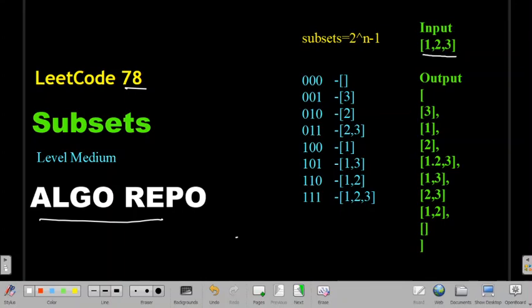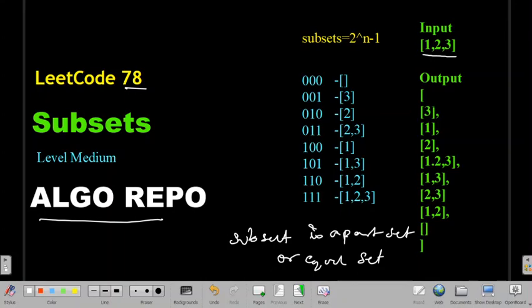So what is a subset? A subset is either a part of the set or equal to the given set.